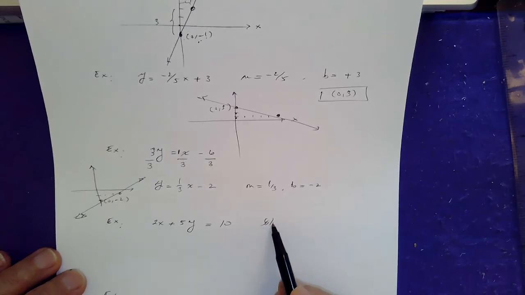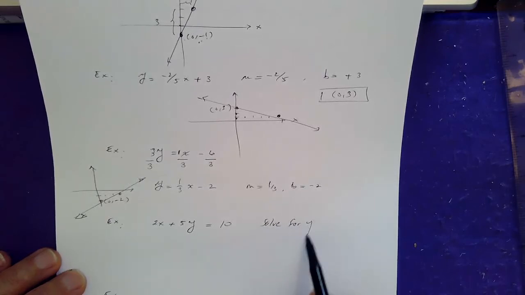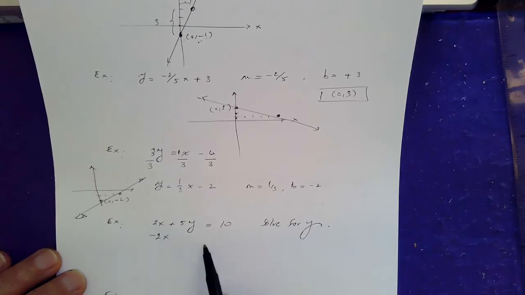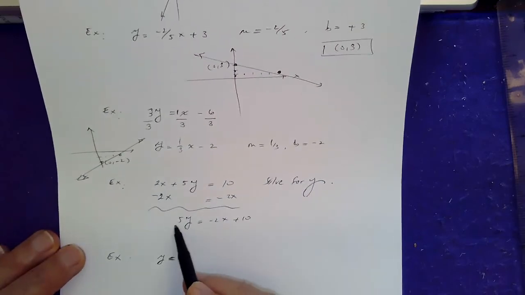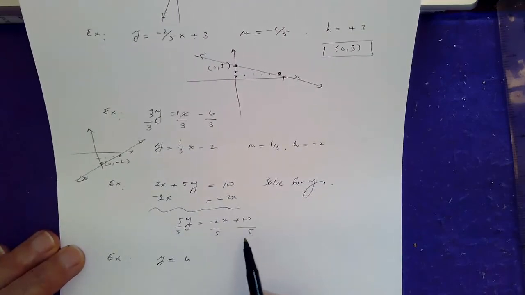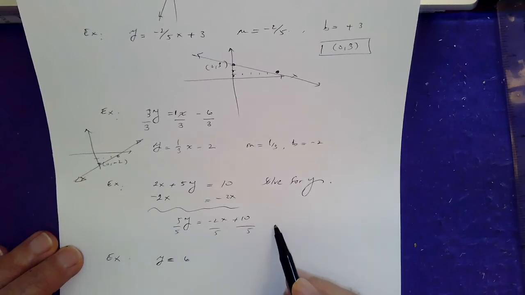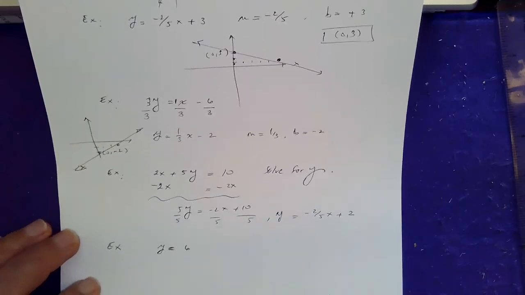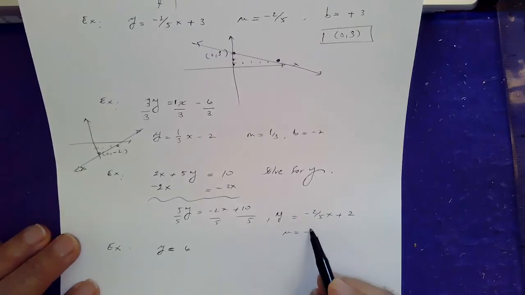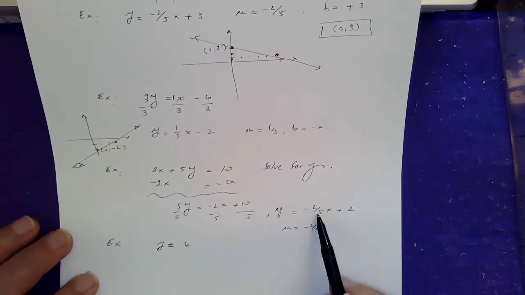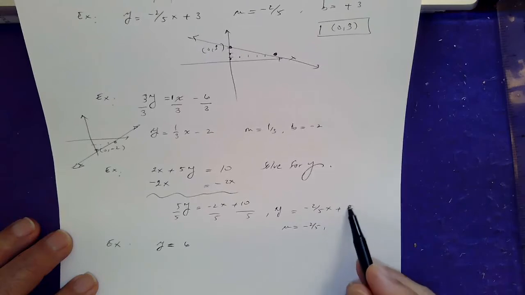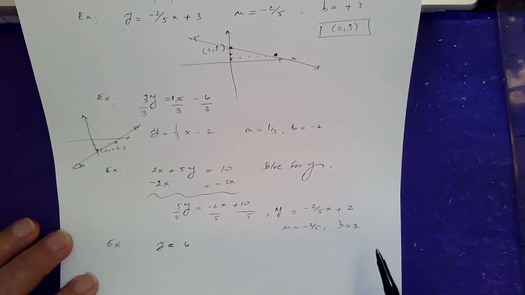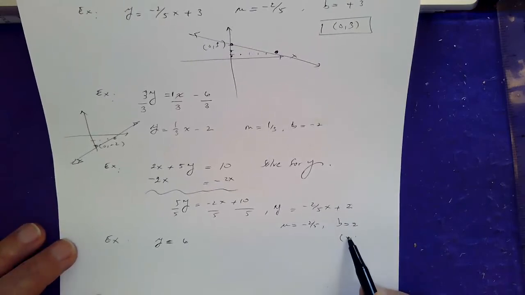So I need to solve for y. So what I do, I subtract 2x from each side. So I get 5y is equal to -2x plus 10, correct? Divide both sides by 5. And you get y equals -2/5 of x plus 2, because 5 goes into 10 twice. So now I can identify the slope. The slope is the number attached to the x, and the constant number with no x is your y-intercept, which I'm going to write as